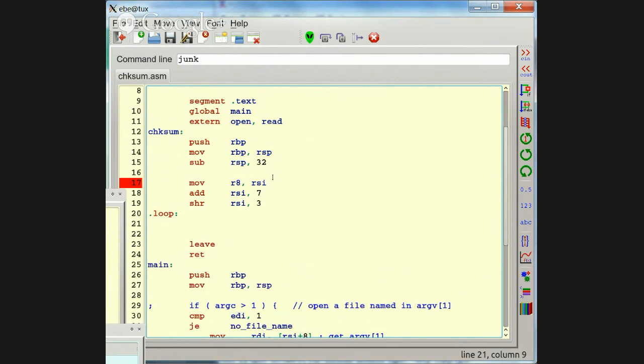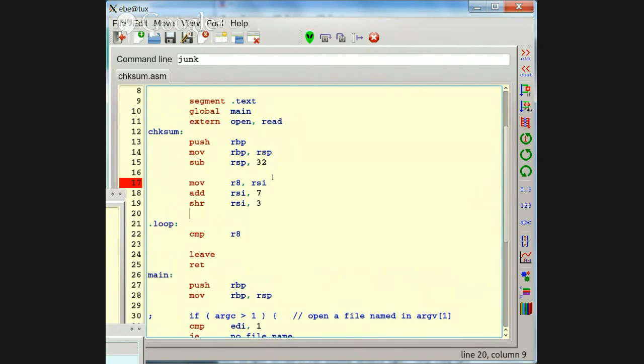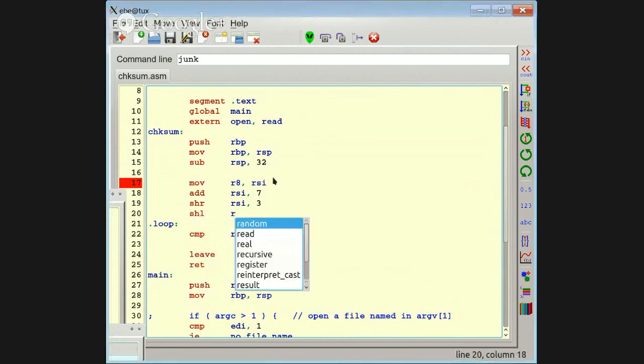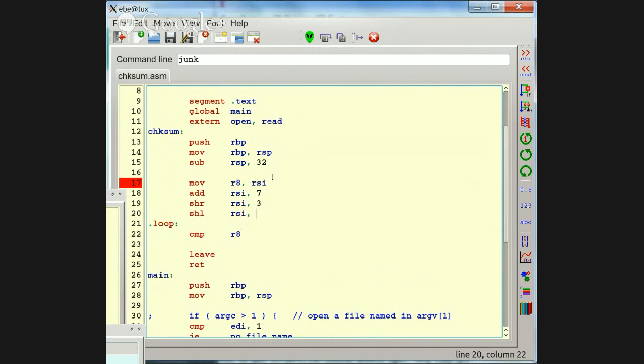And I want to compare, let's see, can I compare R8 and RSI? Excuse me. How about we shift it back left?